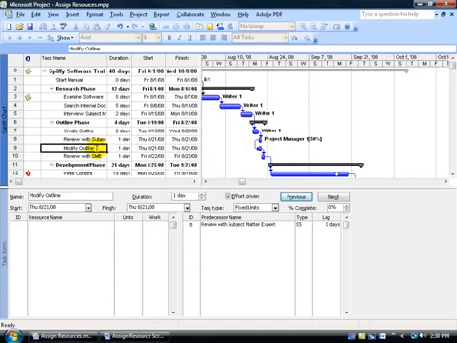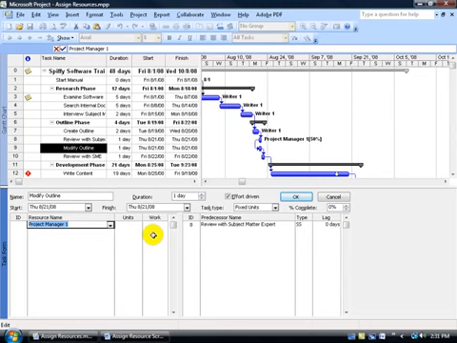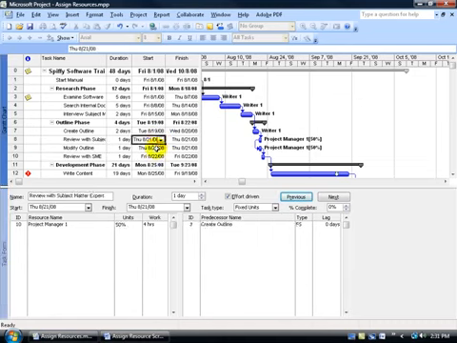So we could go down to that one and also choose the project manager to work 50% and click OK. So he's working on 2 tasks the same day, but it's not going to be 8 hours on each task, in which case he'll be over allocated. I mean, who works 16 hours in a day? In any case, it's assuming it's an 8-hour day, so we have 4 hours, 50% of his time is on this task and 50% of his time is on this second task. And like I said, they're the same day, August 21st, August 21st,